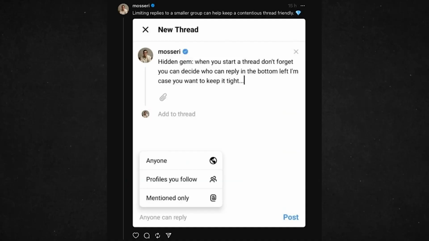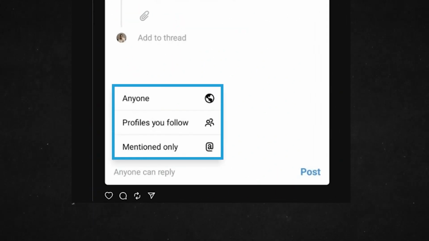At the moment, you can only view posts and profiles as well as share links to those posts. Clicking on the Threads icon on the top will change the theme from light to dark or vice versa. And again, as noted in my previous video, users will be able to decide who can reply to posts, be it everyone, profiles they follow, or accounts cited in the post called mentions.